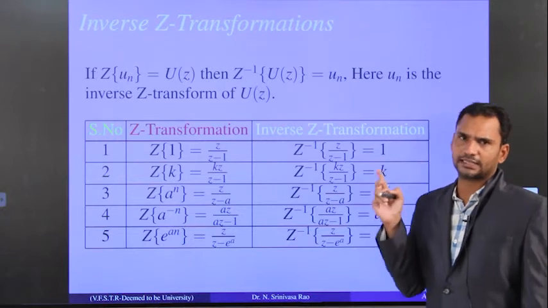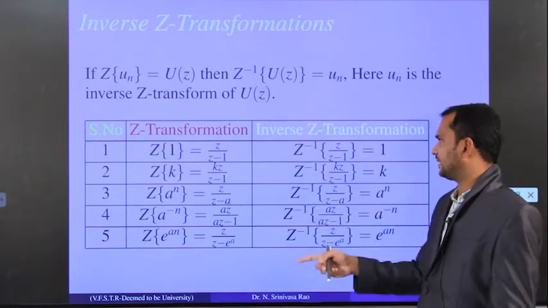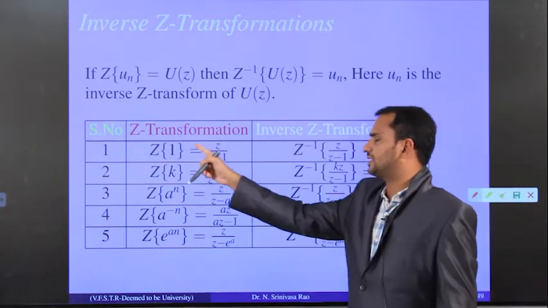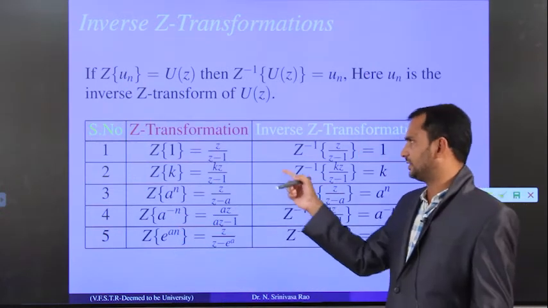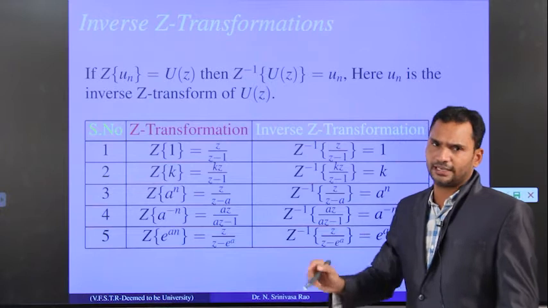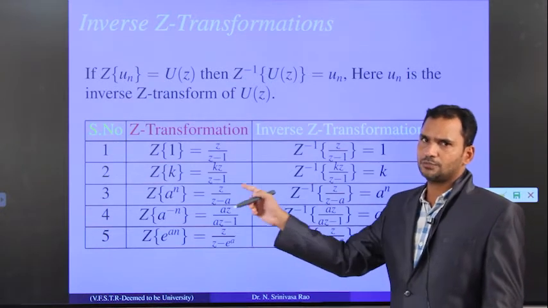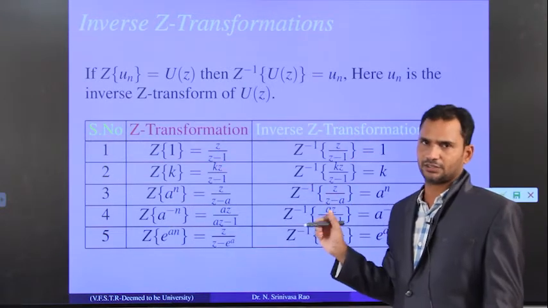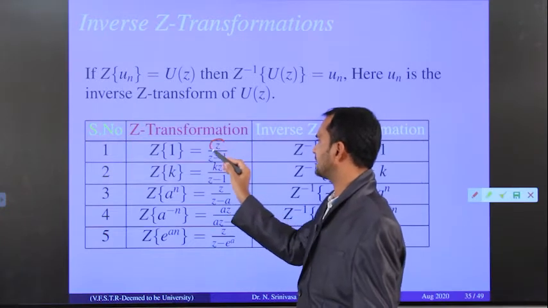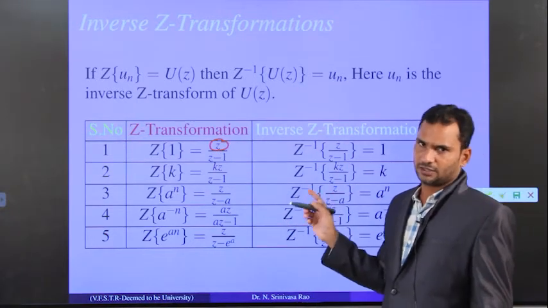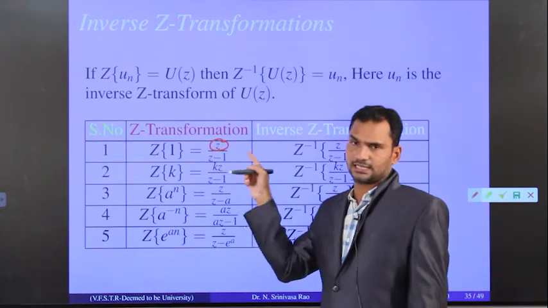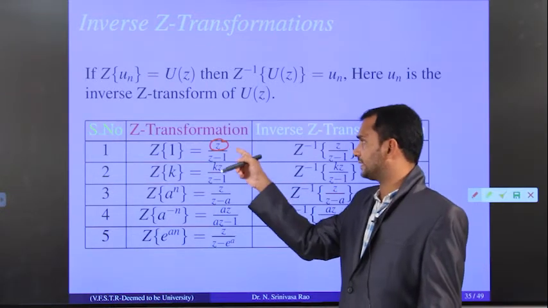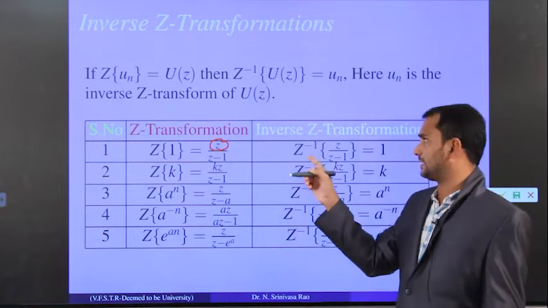Now here is a very important concept, just remember. Can you observe something from all this? Whenever there is a Z transformation formula, there is a value in the numerator. Have you observed this? In every Z transformation, in the numerator there is one common value, that is z. So z is everywhere in the numerator. Why I am noting this as an important point, I will tell you later, when you are finding inverse Z transformation. Using this concept we find the inverse Z transformation.